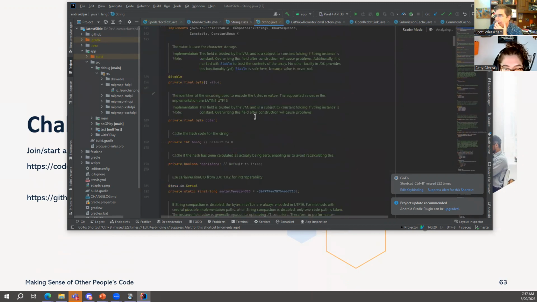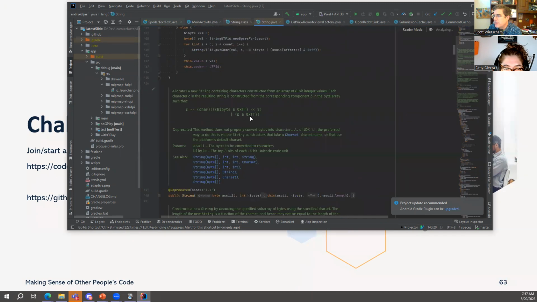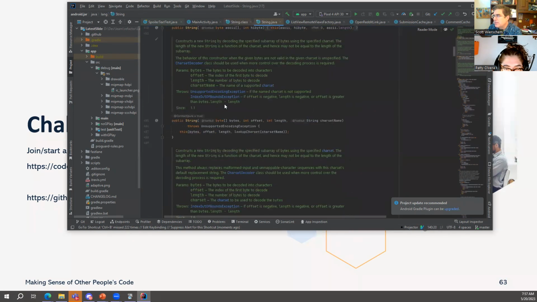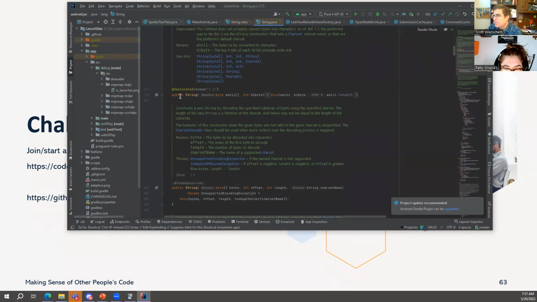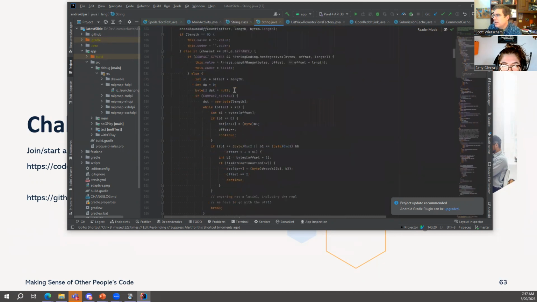This is the code that they wrote to implement String, and you can find out all kinds of interesting things, like what stuff is deprecated. You can have a string of bytes with an offset and a length, so you can get a substring from a bunch of bytes.